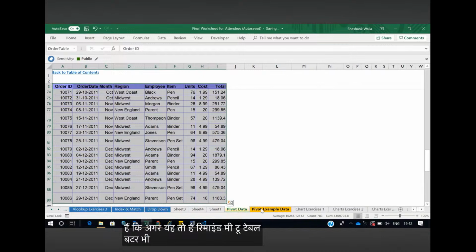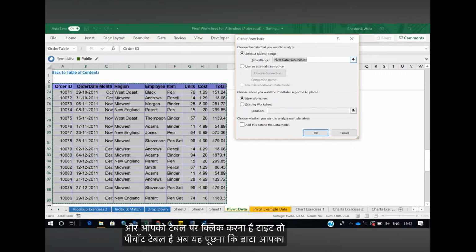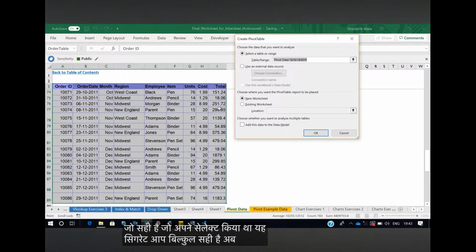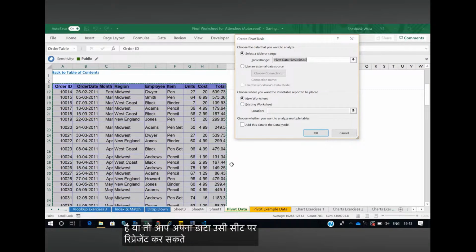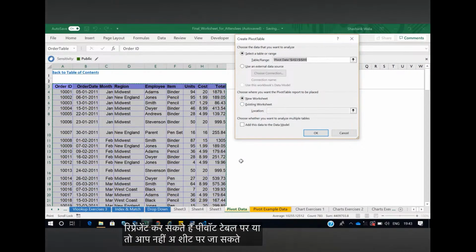तो ये तो था रिकमेंडेड पिवट टेबल, बट अभी बात करते हैं कि अगर मेरे को स्क्रैच से पिवट टेबल बनाना है तो मैं कैसे बनाऊँ। तो उसके लिए डेटा ऑलरेडी सिलेक्टेड है, इंसर्ट पे जाइए और आपको पिवट टेबल पे क्लिक करना है, राइट। अब ये पूछ रहा है कि डेटा आपका जो आपने सेलेक्ट किया था सही है, यस डेटा बिल्कुल सही है। अब आपके पास दो ऑप्शन हैं, या तो आप अपना डेटा उसी शीट पे रिप्रेजेंट कर सकते हैं, या तो आप नई शीट पे जा सकते हैं।